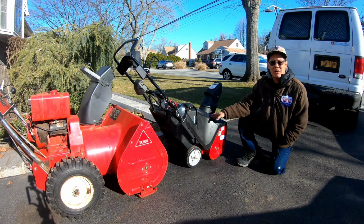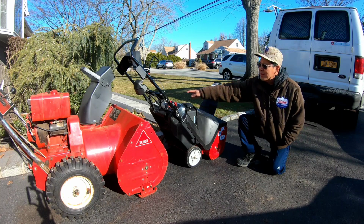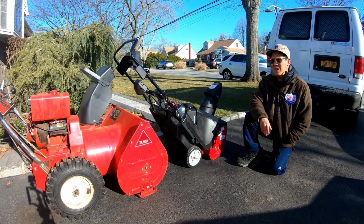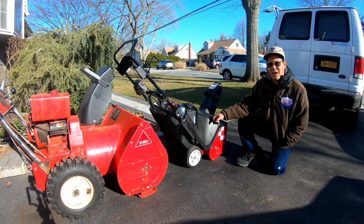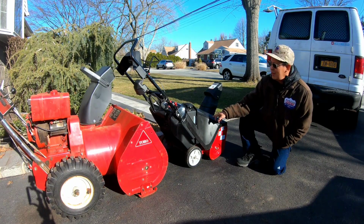Same thing with this one here. I got this from Steve from Franklin Square. Gave it to me for free. I fixed the cracked shrouds over there, put some bolts on there. This thing ran just fine when I got it, so I'm getting rid of this. I listed it for $275, and a guy down in Massapequa, Long Island, is...